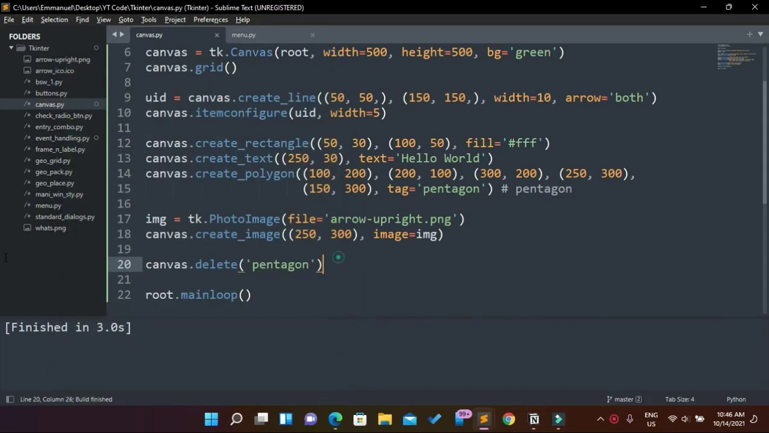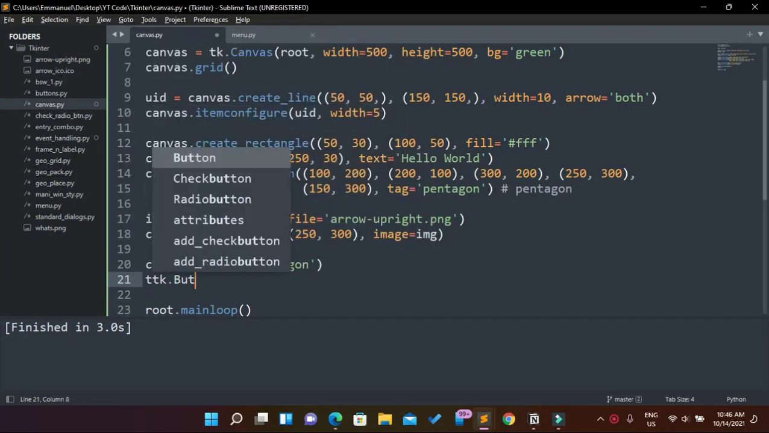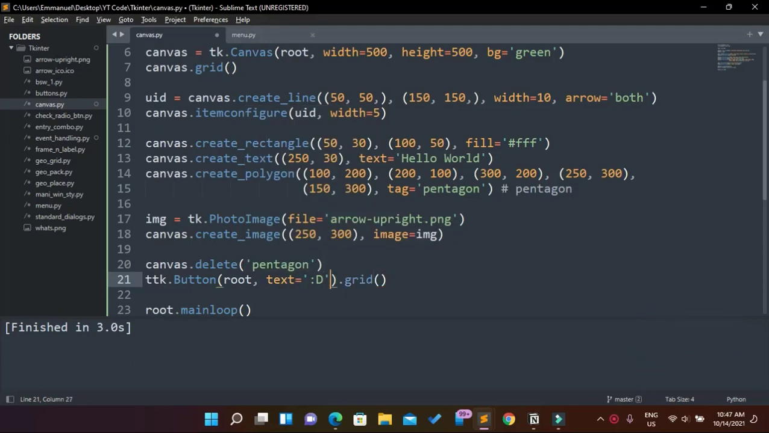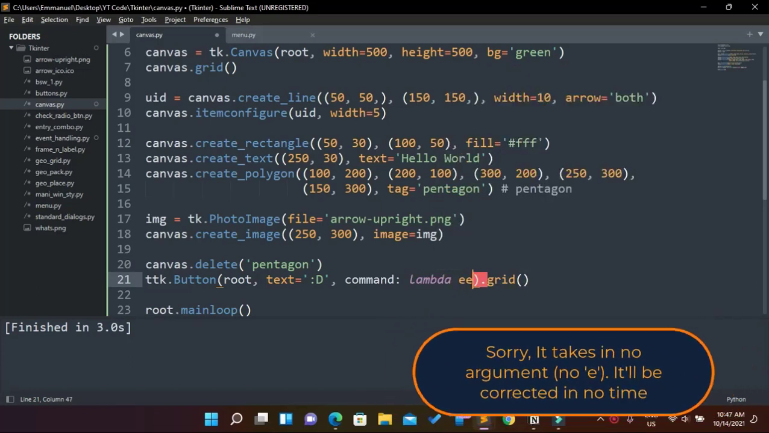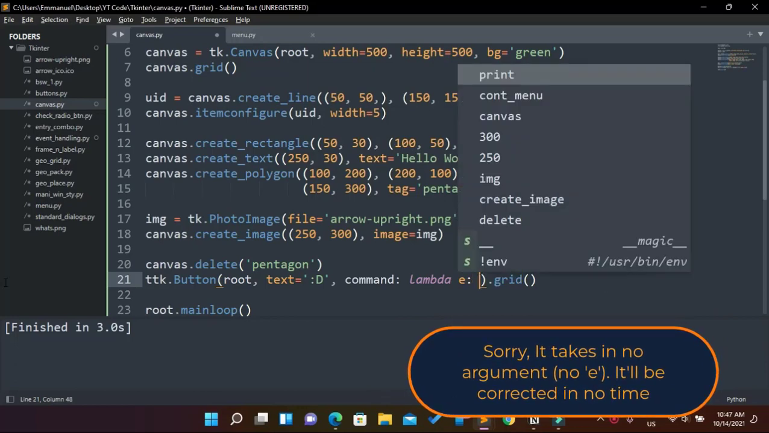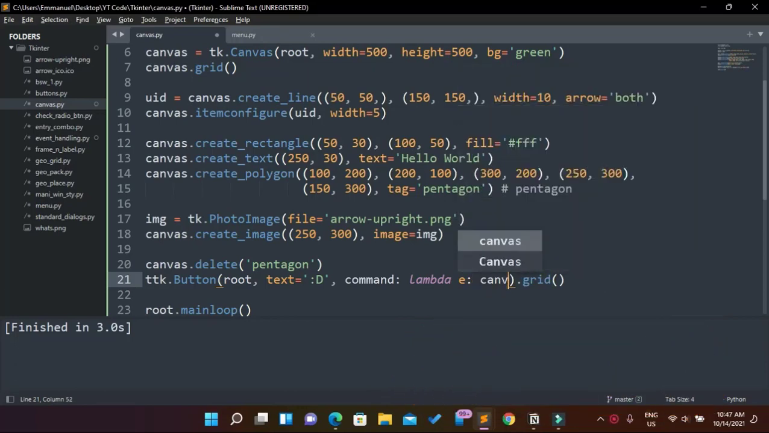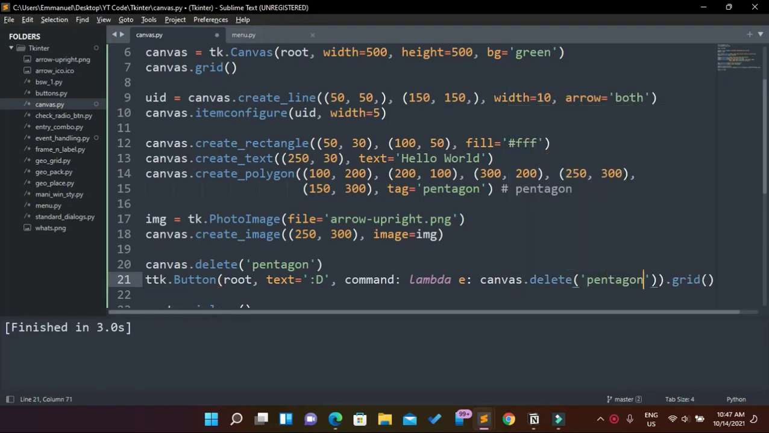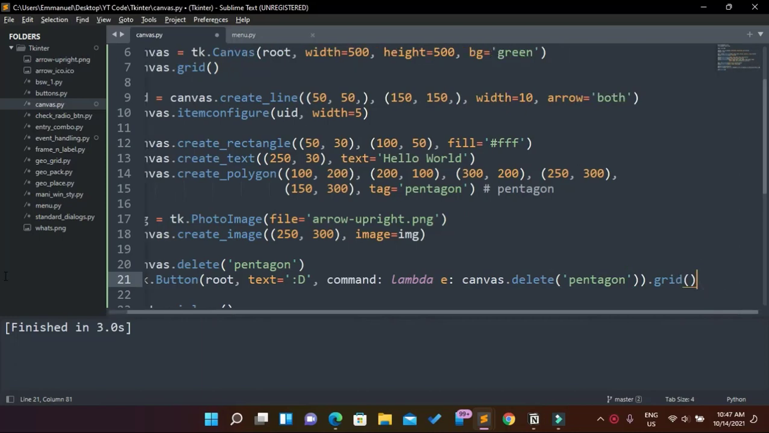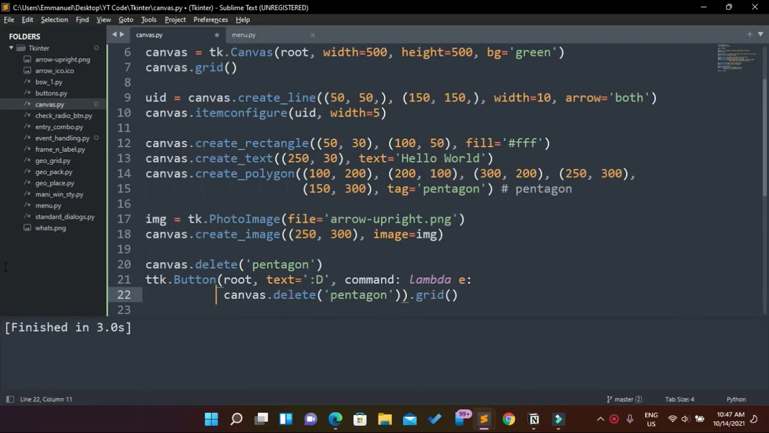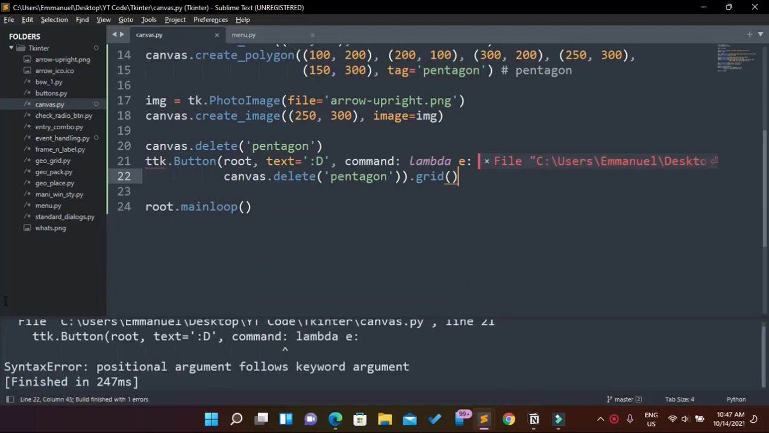So that is something to take note of, or better still, let's create a button. So I'm going to say tk.Button. So now the command is going to be lambda. Of course, it takes in an argument. We're going to be canvas dot delete, then we're going to do pentagon. I guess that's not up to 79. Oh, it's more than. So now if I run this, Control B,